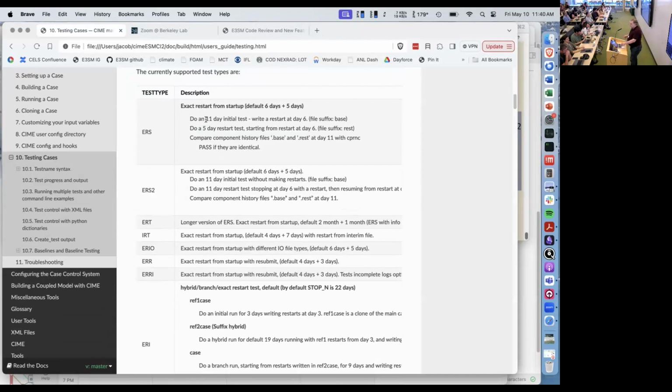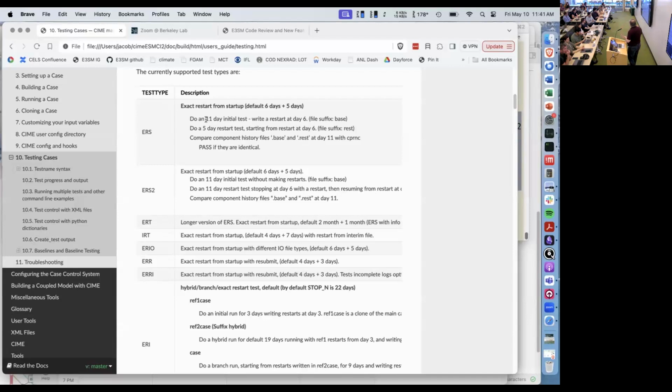Each run outputs history files. They're always from the coupler, which are normally files you never look at, but the test system knows how to control coupler output. The coupler history outputs all the fields that pass through the coupler, so it's fields coming from every model.